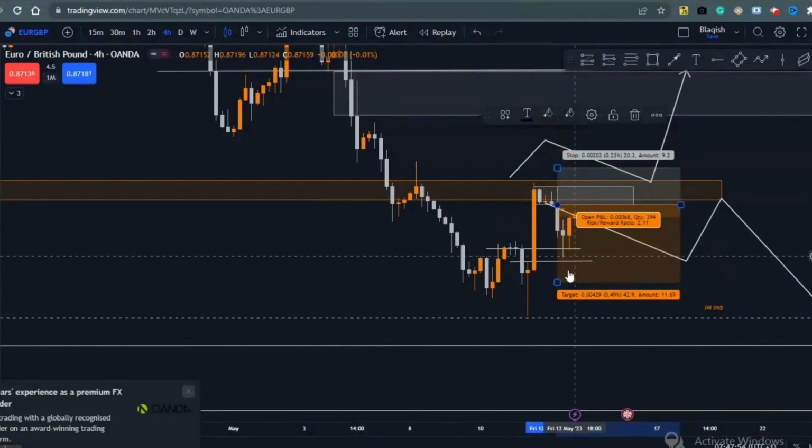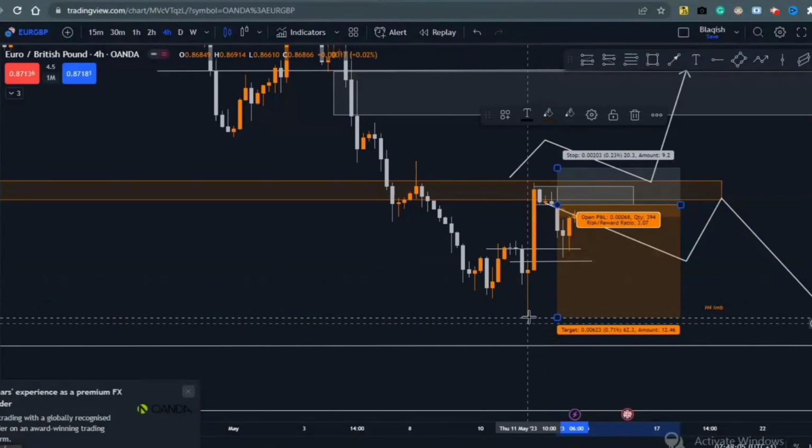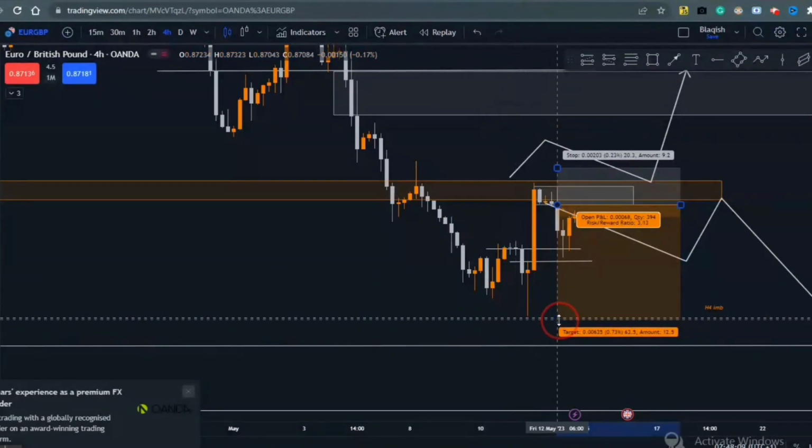Before the market goes down, we have this demand area that I want the market to come and fill, and I want the market to come and take this liquidity area, because we have a lot of liquidity sitting below this area. So I want the